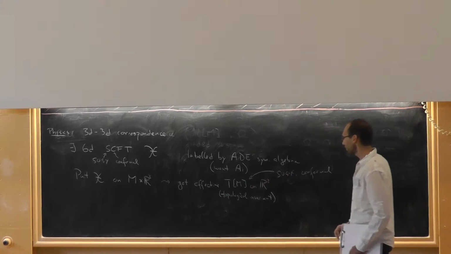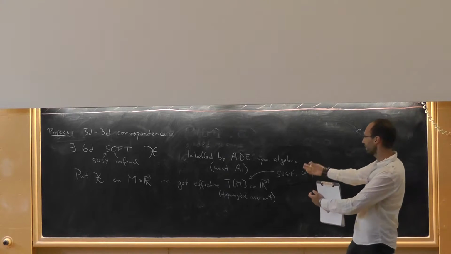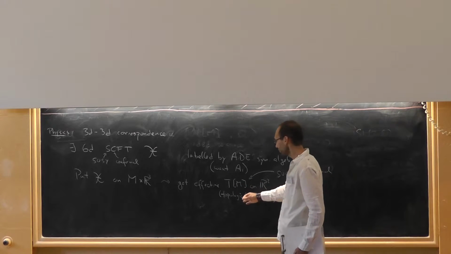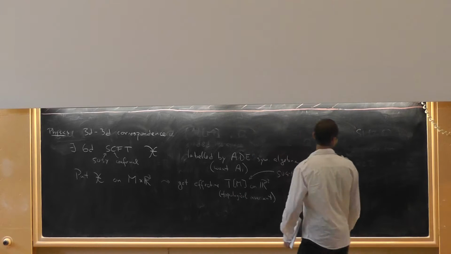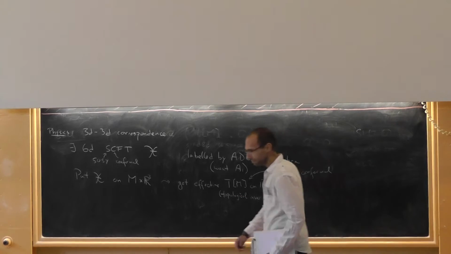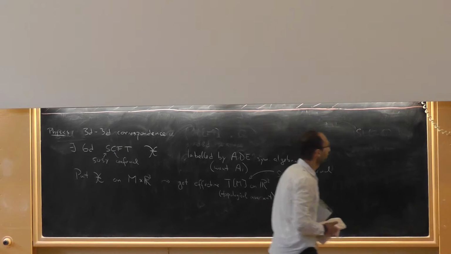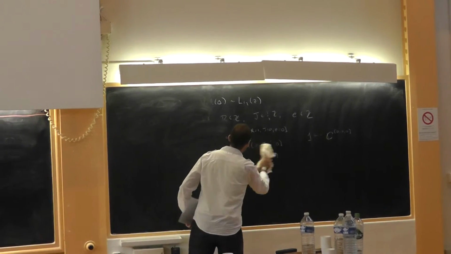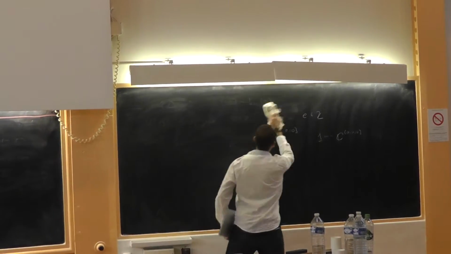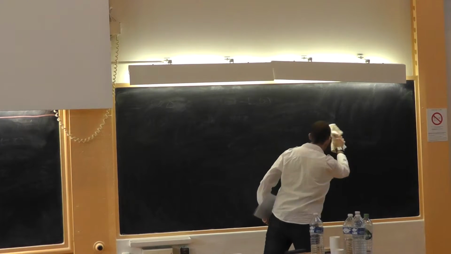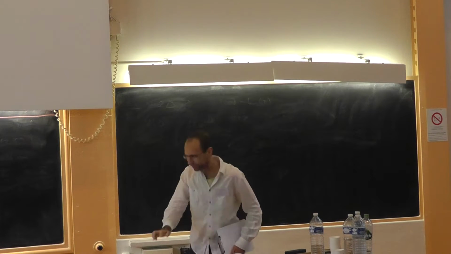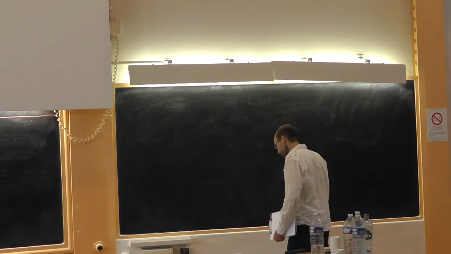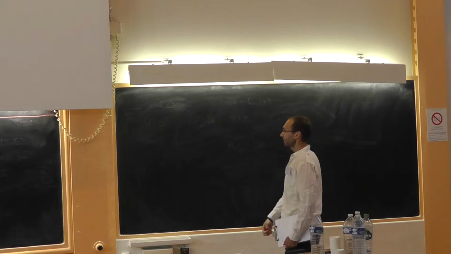The cool thing about this is that anything you calculate in this theory T of M ends up being a topological invariant of M. And there is a conjecture early on in my work with Gukov and Hollands, and with Gaiotto and Gukov, and the work of Yamazaki and Terashima,